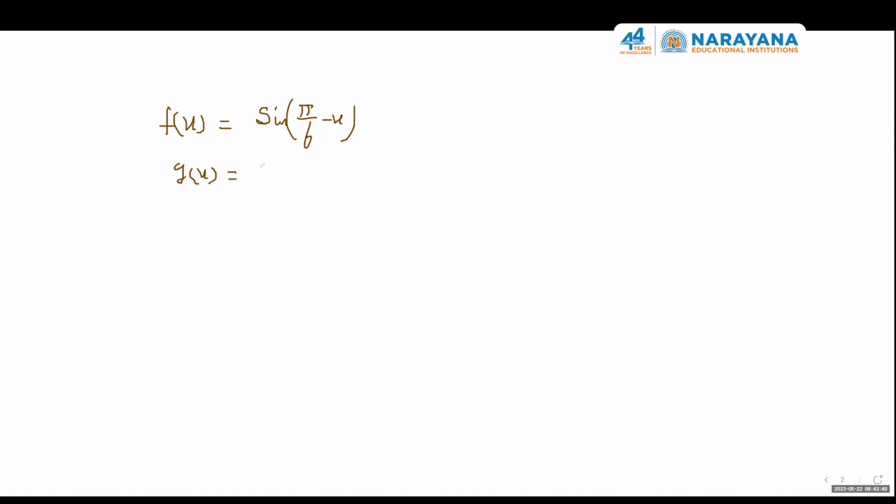What is g? Cos of the same thing. So this will be cos of x plus 5 pi by 6. So I shall write minus of. Is it correct? Right? Yes, sir. This is all right. Okay. Now,